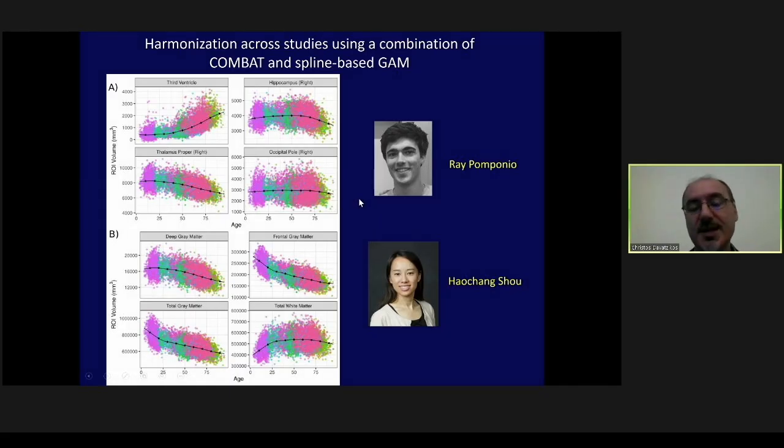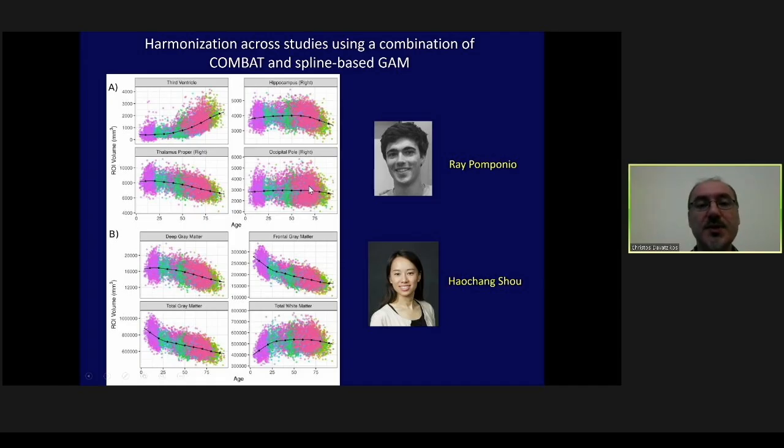Most of them are multi-site studies to begin with. So you're talking about dozens and dozens of different scanners and protocols. And we can properly harmonize them using comparable sets of controls. You can come up with brain aging curves of different brain regions like the ones you see over here. We've applied similar methods to resting state fMRI data.